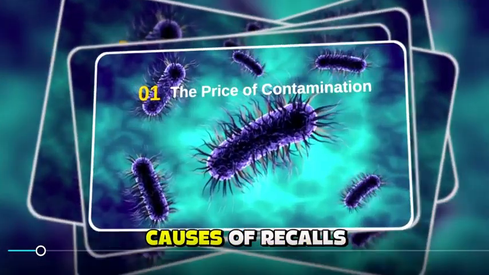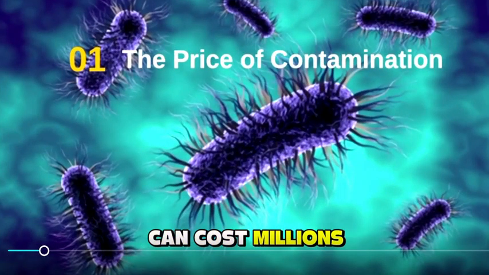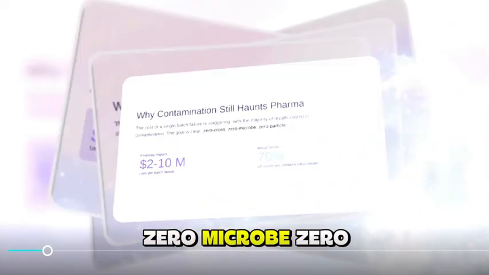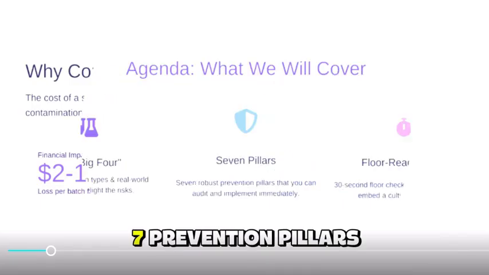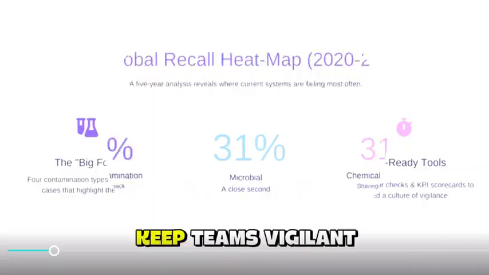Contamination is one of the leading causes of recalls in pharma. Each batch failure can cost millions, and the ultimate goal is always zero cross, zero microbe, zero particle. We'll look at real-world case studies, 7 prevention pillars every site should audit, and quick floor-ready tools to keep teams